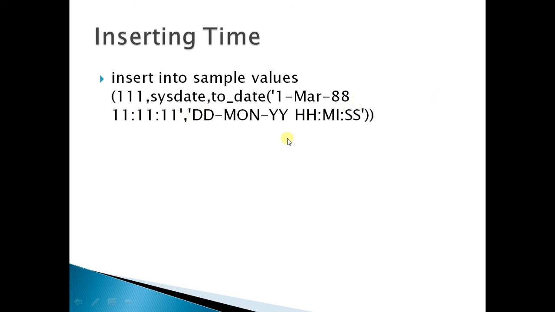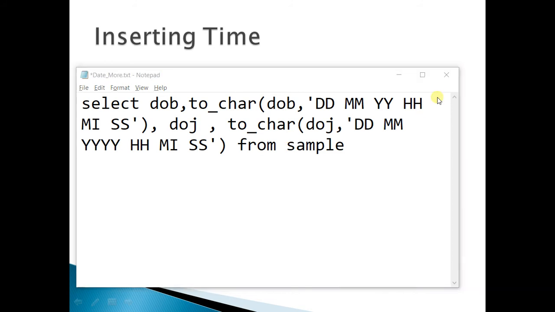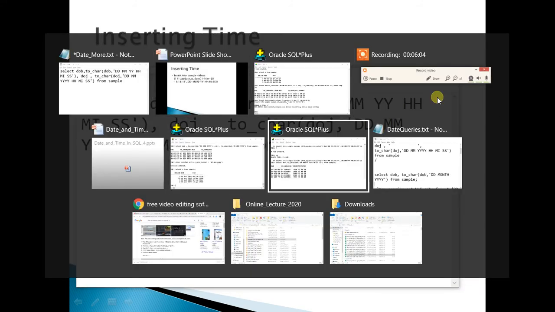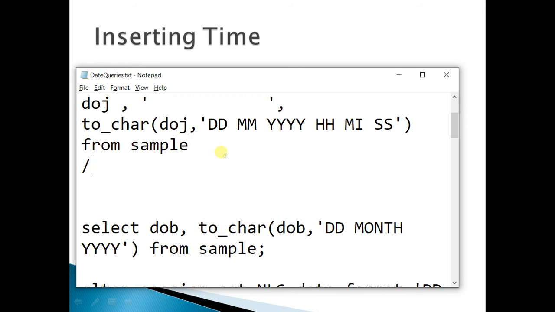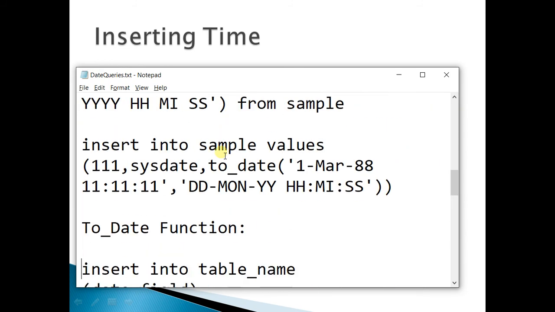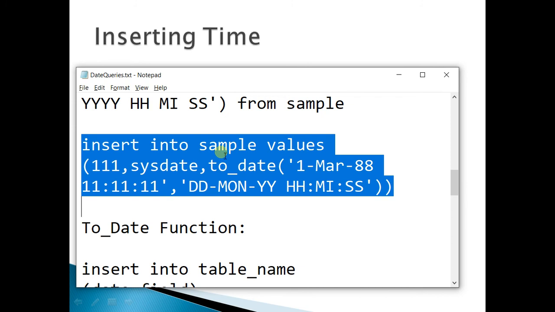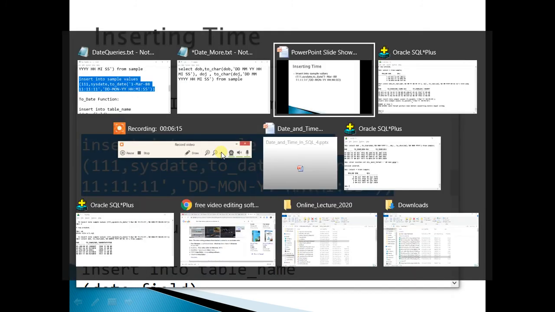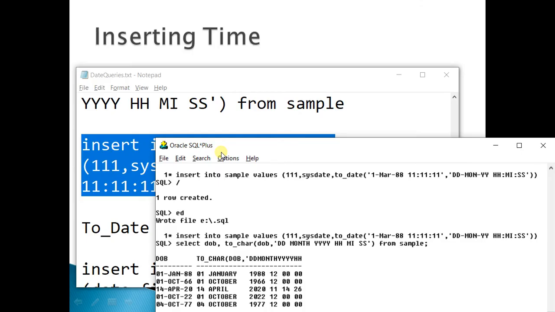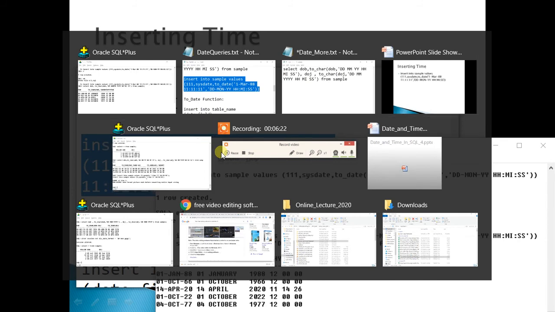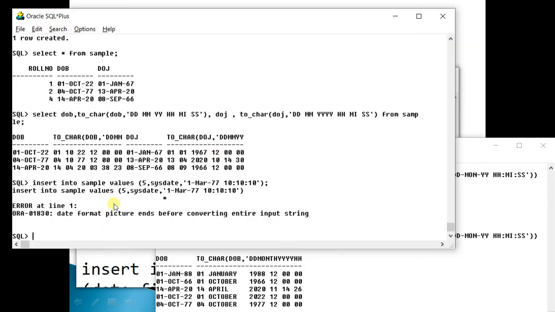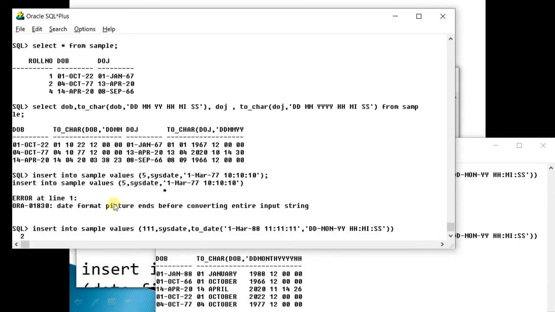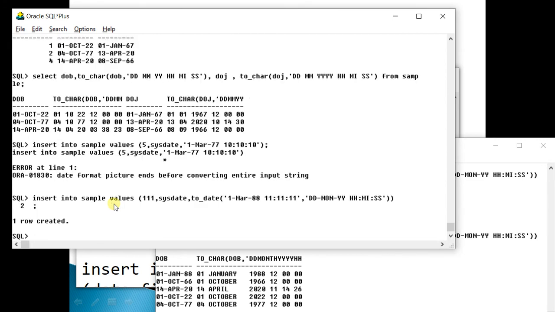This is the way you can enter time along with the date. Okay, so let us write this query. Now you can see one row created.